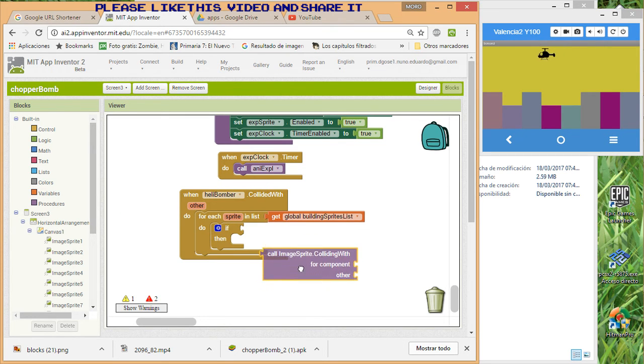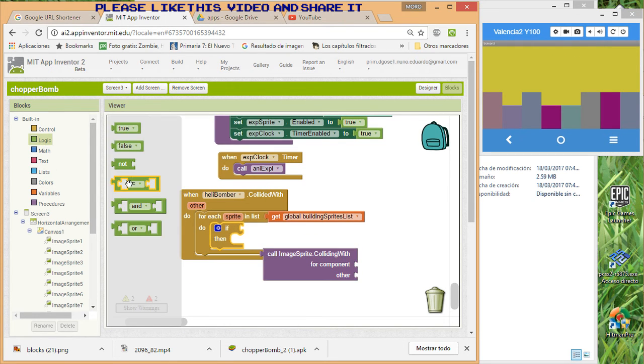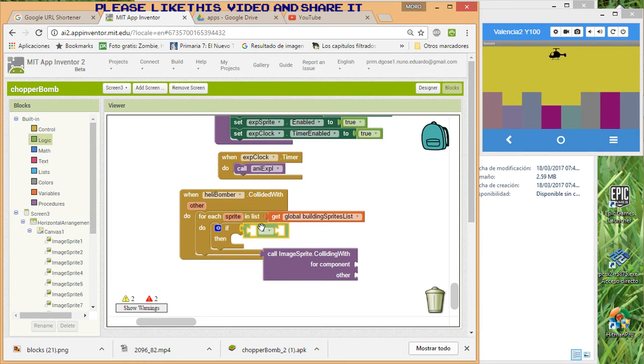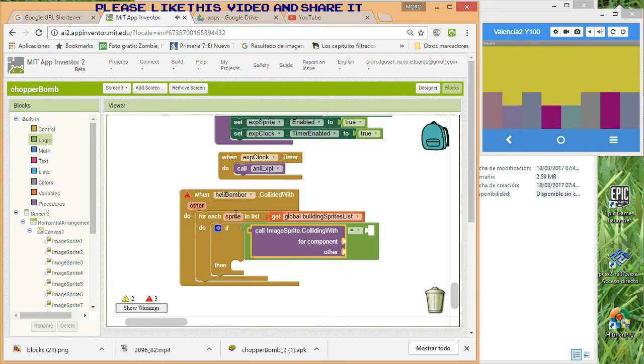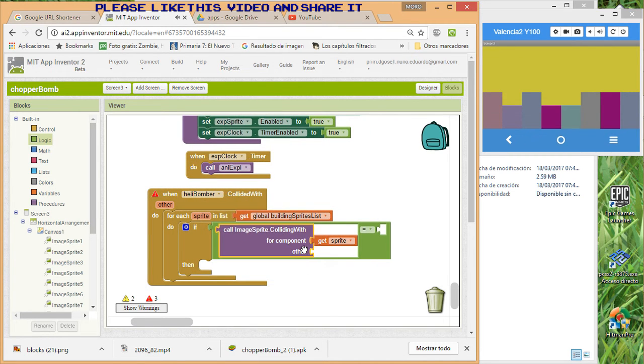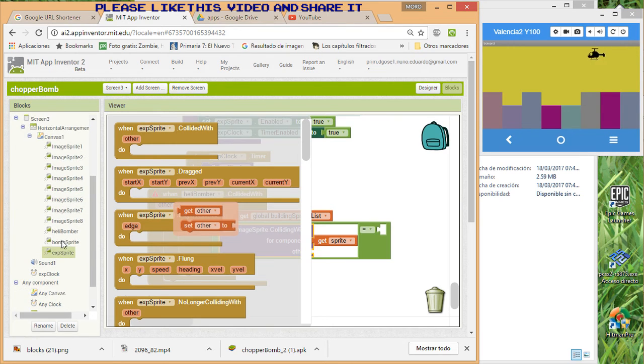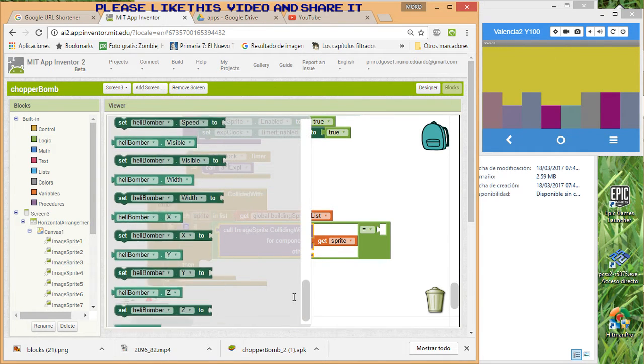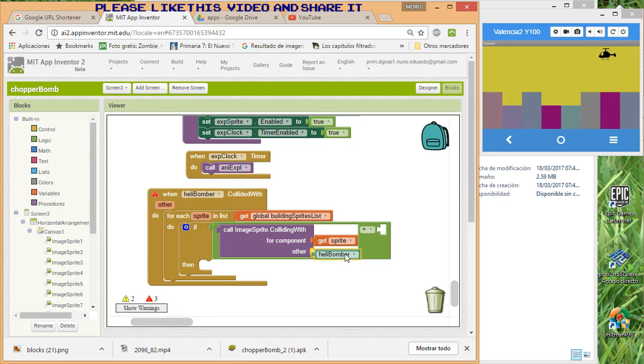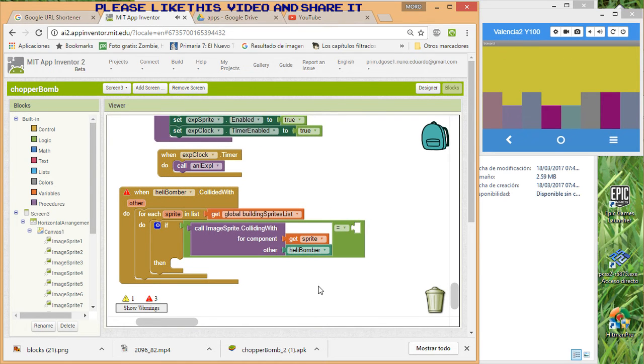Okay, image colliding. So we are going to use here logic, and we are going to compare if. Remember that for component we use here, so for component get sprite other. Who is other? Well, in this case, if any of these sprites collides with this guy that is heli bomber, so we are going to go for heli bomber, and at the bottom we're going to check this little block that has its name. If we have a collision with heli bomber, so if the collision is true,